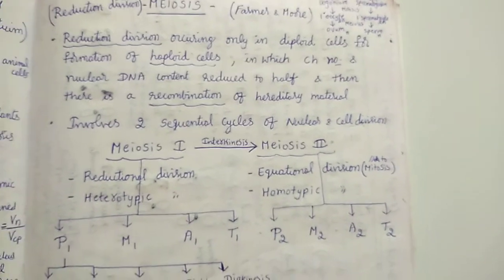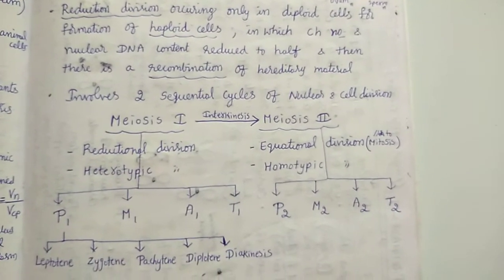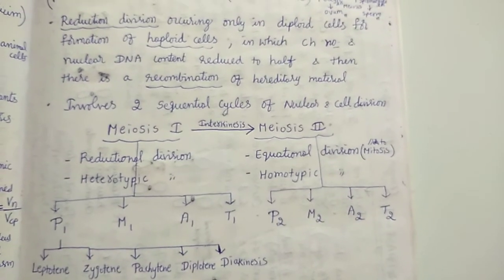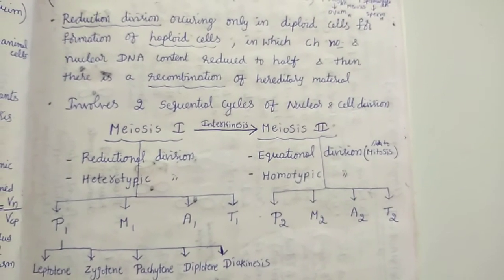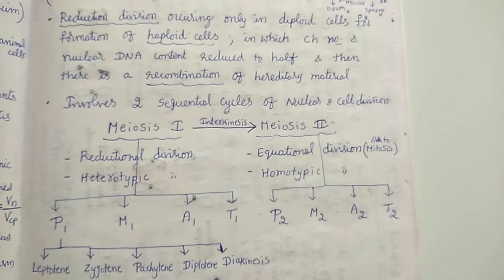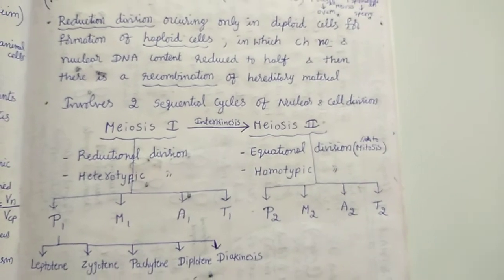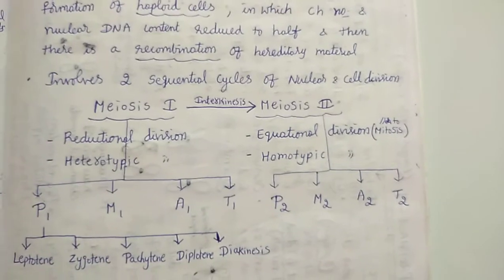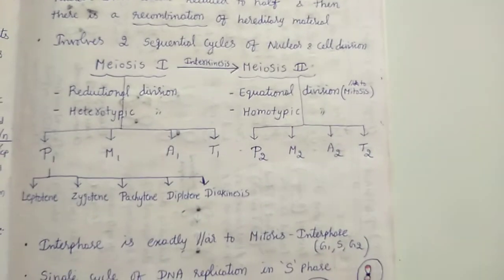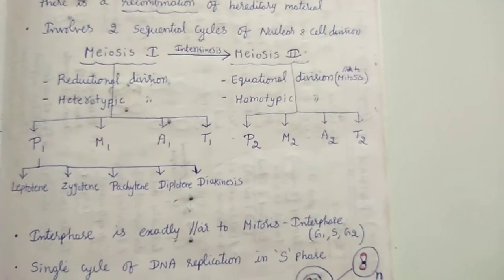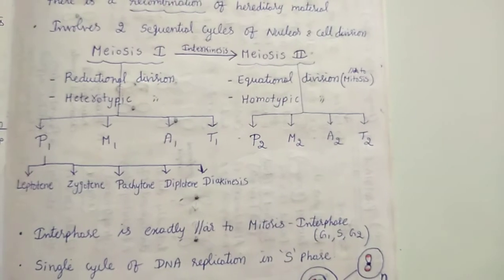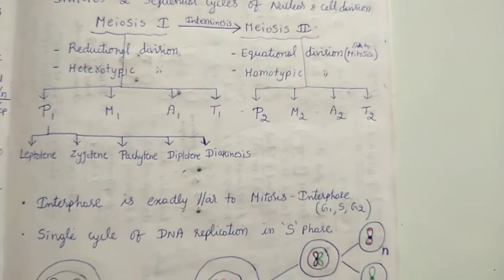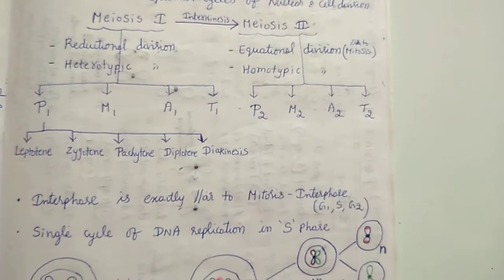So if you see the meiosis, it is divided into two sequential cycles, only in diploid cells for the formation of haploid cells. That's why I have underlined there. And in meiosis, definitely there will be the recombination, that is exchange of genetic material, and you can clearly see the notes. And the stage between meiosis 1 and meiosis 2 is the interkinesis stage, and meiosis 1 is divided